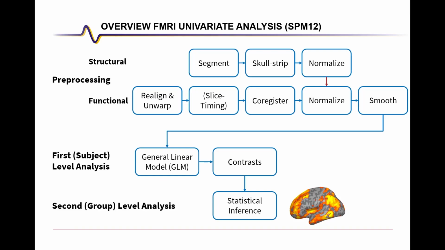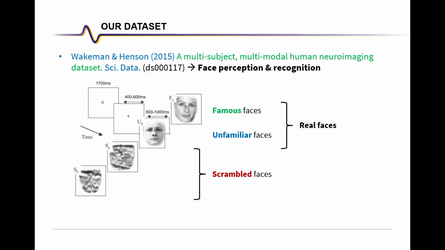Okay, welcome to this video on fMRI analysis using SPM 12. So once pre-processing is done, we can continue with first level or subject level analysis. And this consists of two big steps, I would say: constructing and estimating the general linear model, or GLM, and contrasts. And for this demonstration, I will use a data set by Wakeman and Hansen, which is on face perception